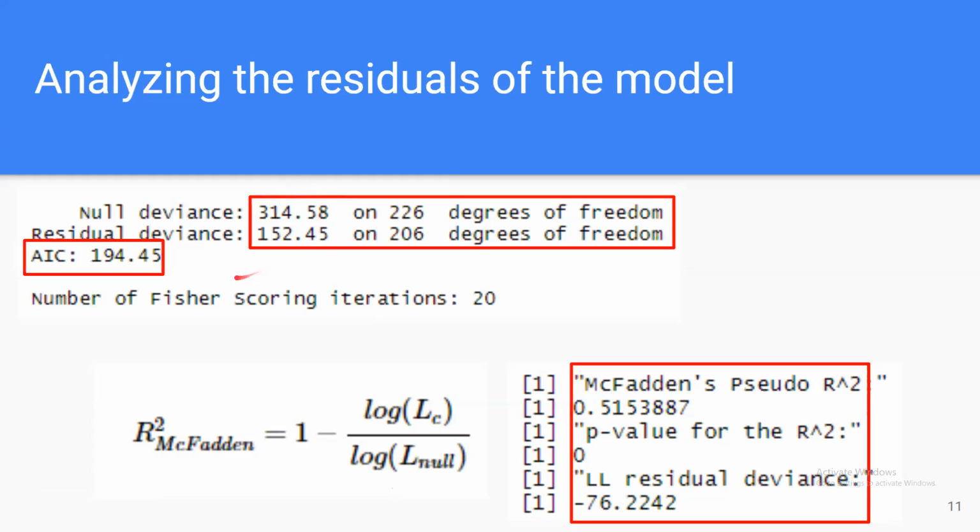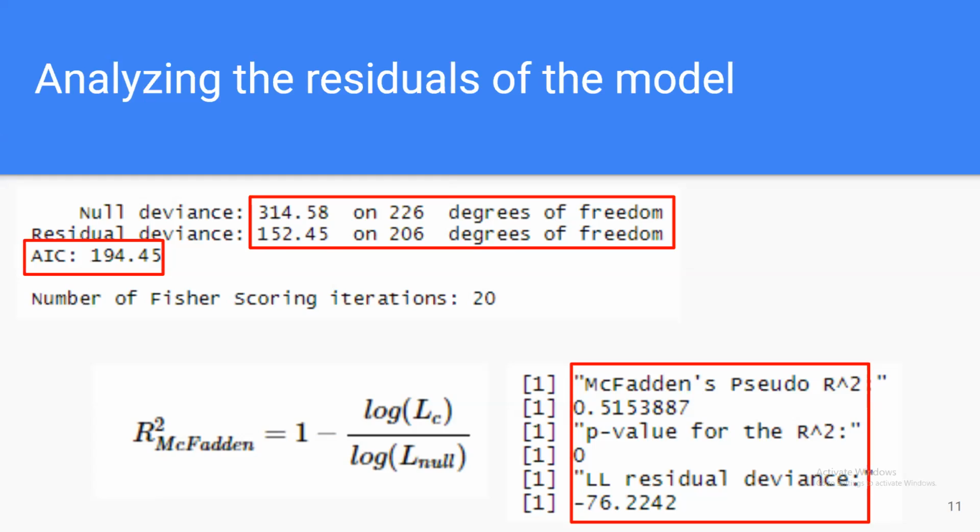In addition, the AIC is lower than the last time. This time we have a score of 194 against a score of 3,400 the last time. So overall, we can see that we have better numbers for the model, for the null, the residual deviance,